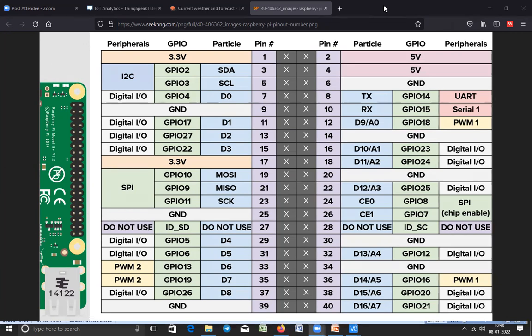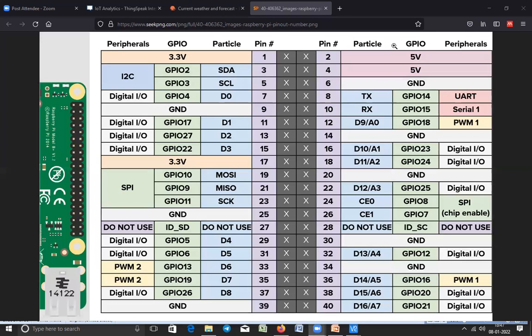Input pin means, for example, if you want to read data from a sensor into the processor, then you have to use input mode. Suppose you want to control an LED. Then the processor has to write the signal to control the LED. In such a case, the GPIO should act as an output pin. So to control, the GPIO pin mode should be output. To monitor or to read data into the processor, the mode should always be input, all of you.